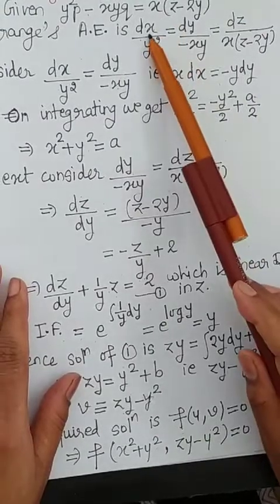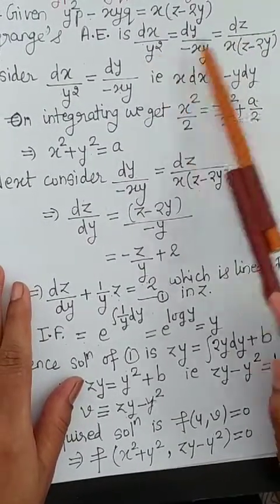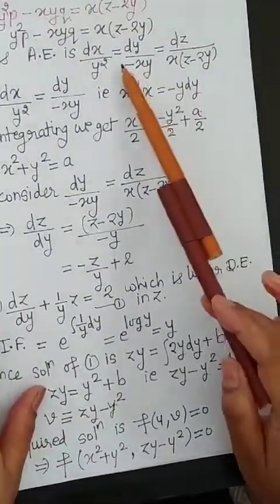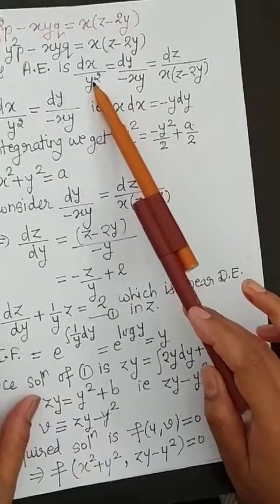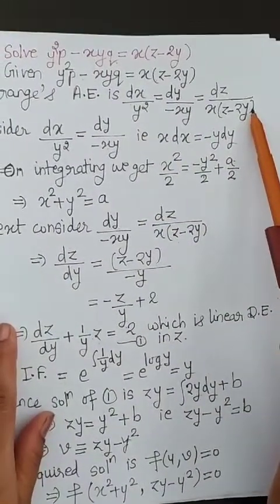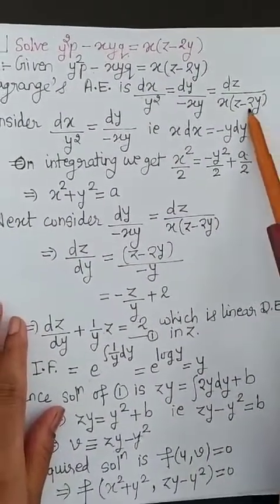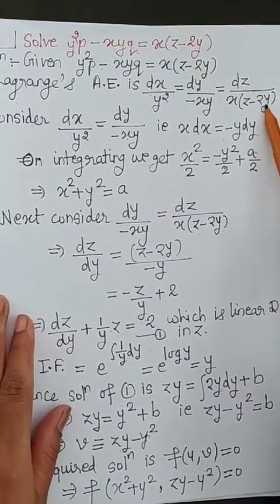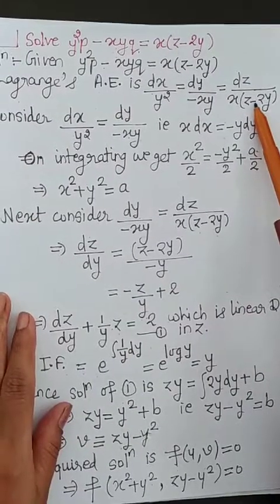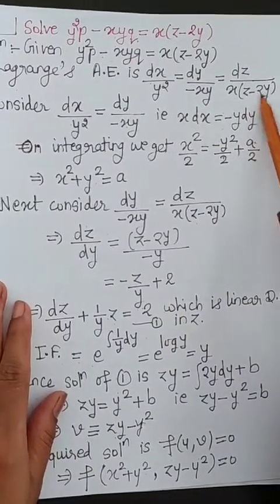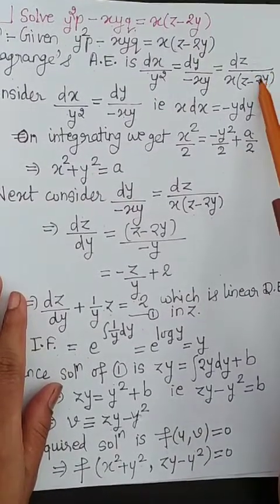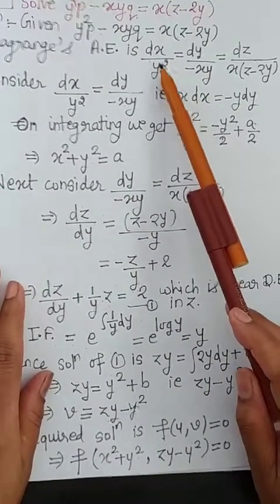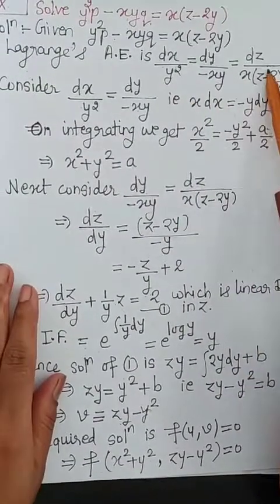Is there any possibility of considering the first and third? First and third means only x and z is required. We don't want a y. But what we observe is that the term of y is here and here also, which does not get cancelled. Why? Because even if this gets cancelled, it has no possibility of cancellation because it is in subtraction with this, right? So this does not get cancelled. So there is no possibility of cancelling the third variable. Hence we don't have any possibility of considering the first and third fraction.